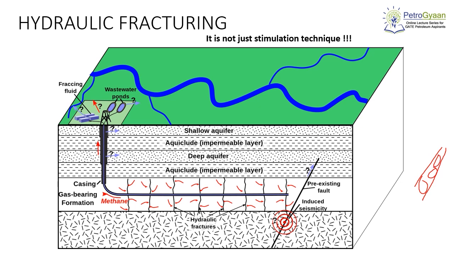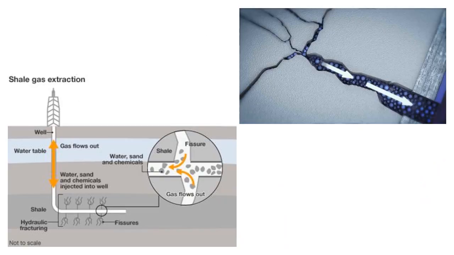So when you remove the pressure of hydraulic fluid, the proppant will hold the fracture, and it will provide the passage for fluid flow. So you can see here that these proppants are holding the fracture open. In other techniques, while in production, we use hydraulic fracturing to produce oil and gas from tight reservoirs, such as a shale reservoir. In the USA also, while producing gas from shale rock, they are using hydraulic fracturing techniques.